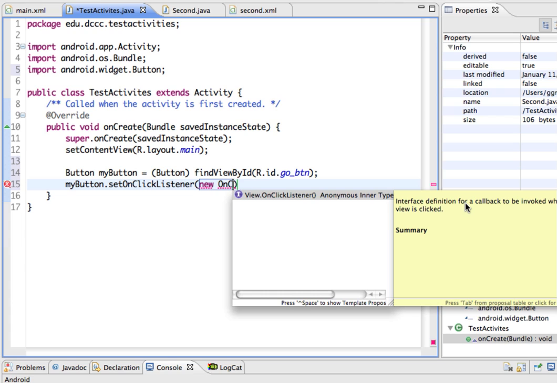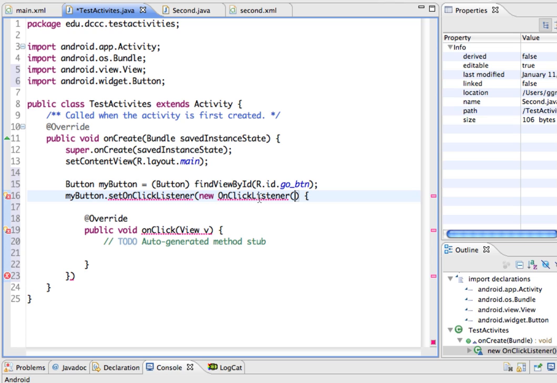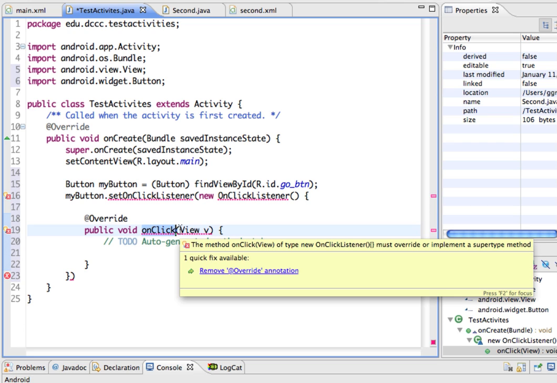So in other words, this is going to call another little function inside here to run when the button is clicked. So I'm going to select this option, and you can see that it populates an auto-generated method stub, similar to how it did when we did the second Java file. Only this time it is for the on-click, and when the view that we're referring to is clicked, in this